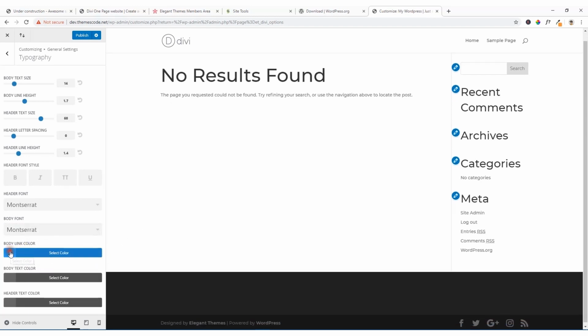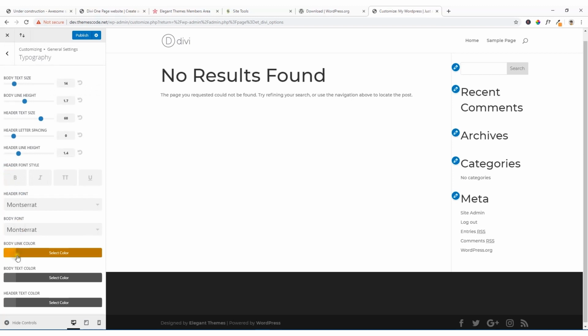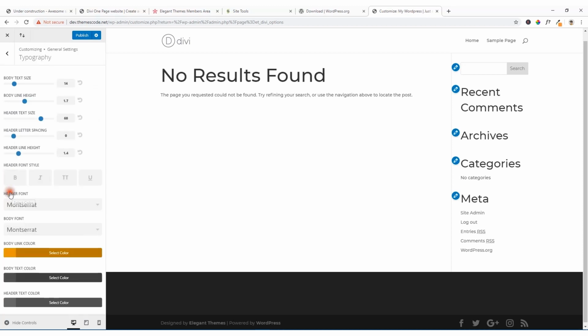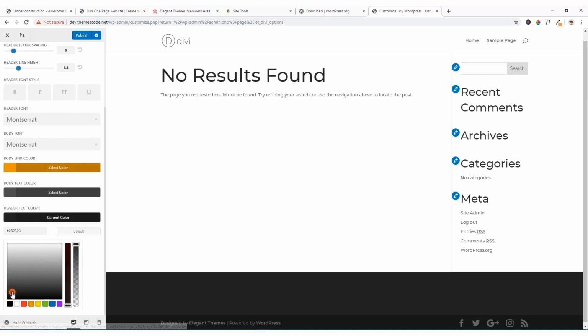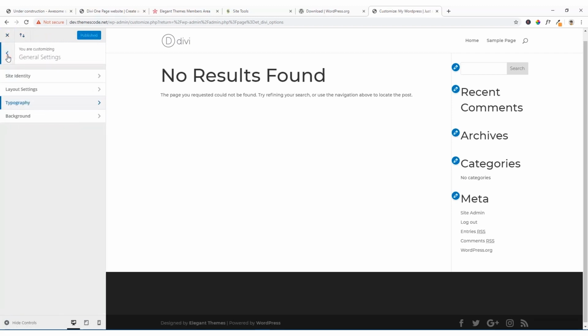Okay, body link color should be anything like this, and body text color a bit dark. Okay, and header text color a bit dark, or 343434. Okay, hit publish, get back. That's all. Now we are going to get out of here